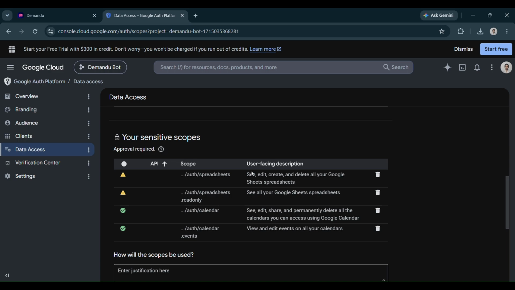demonstrate how the Demandu application will be using Google Sheets and the Google Sheets OAuth scopes that we are requesting. For this verification, we are requesting the following Google Sheets scopes: spreadsheets and spreadsheets.read-only. These scopes are required because Demandu allows users to connect Google Sheets with the chatbot workflows and send chatbot collected